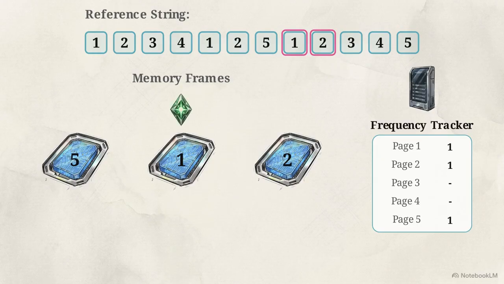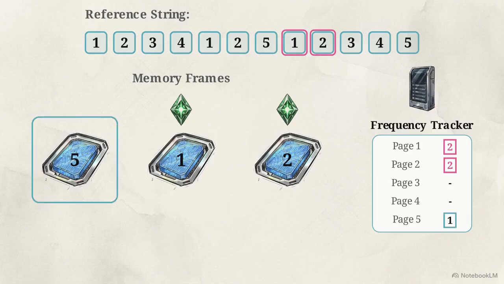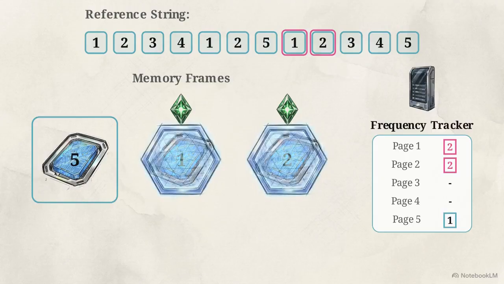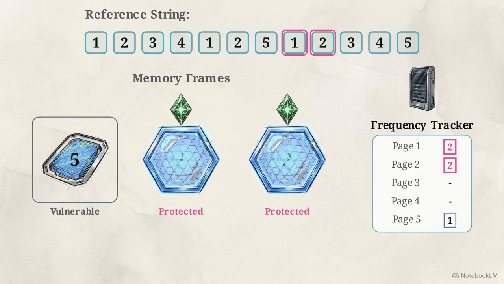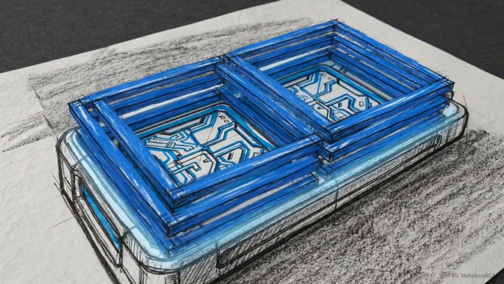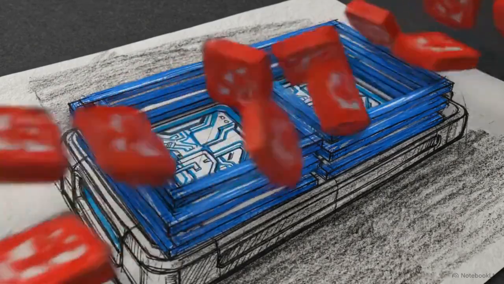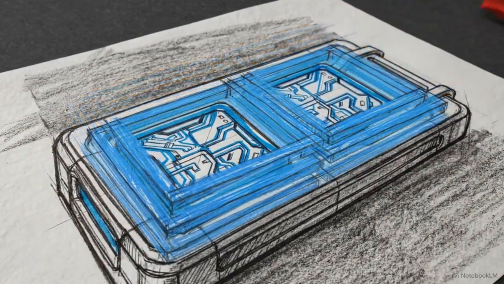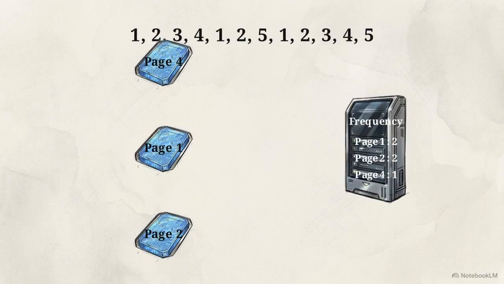Crucially, the frequency tracker records these hits. The counters for pages 1 and 2 increment to a value of 2. Compare this against the baseline frequency of 1 held by the remaining pages. This increment alters the eviction hierarchy. The minimum frequency is 1, but pages 1 and 2 are now sitting at a frequency of 2. Because their historical counters have surpassed the minimum baseline, pages 1 and 2 are mathematically shielded from the next round of evictions. We advance to the final inflection point at step 12, where the system requests page 5.